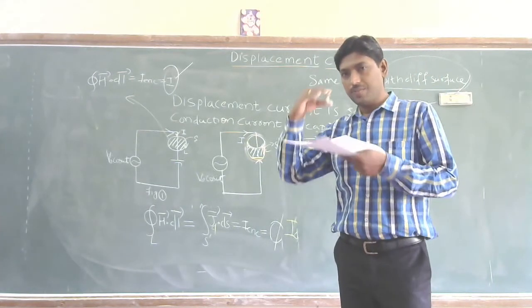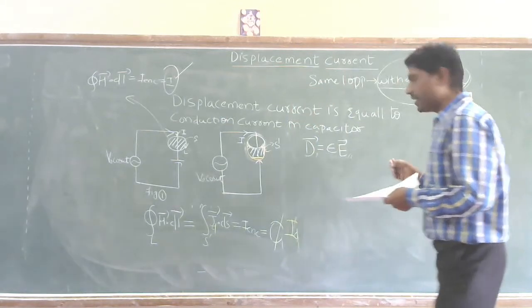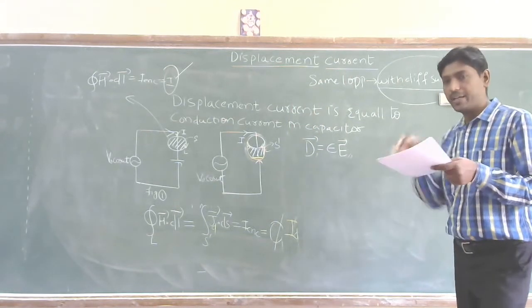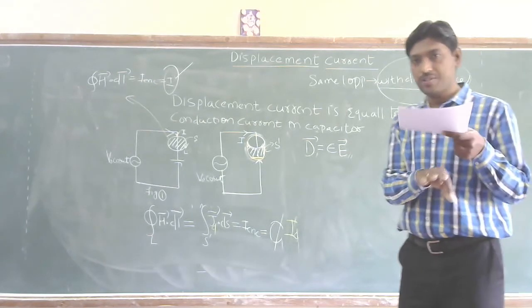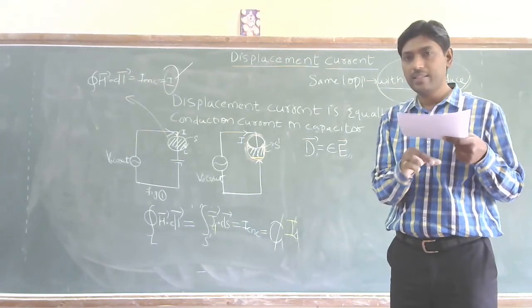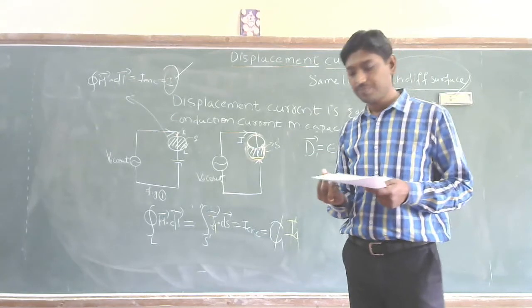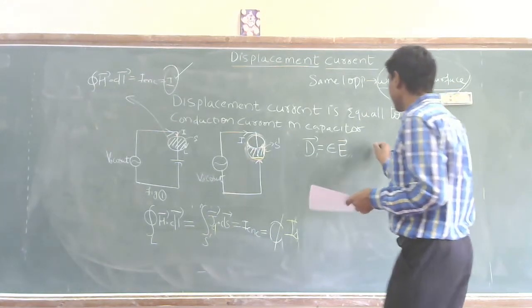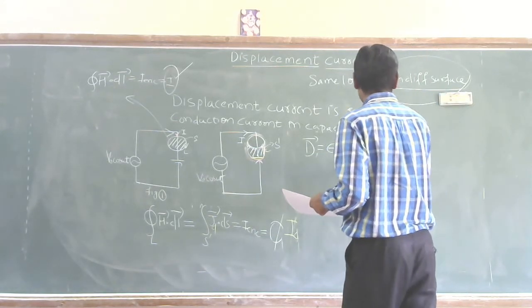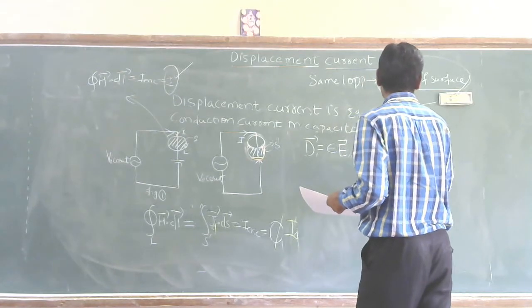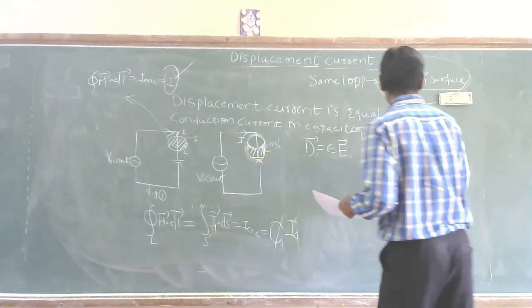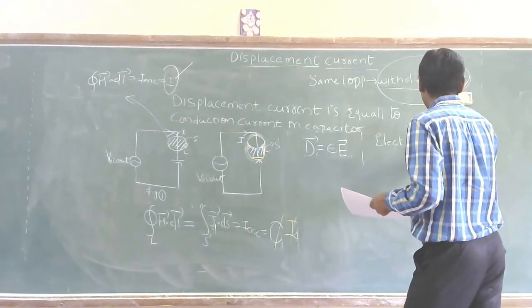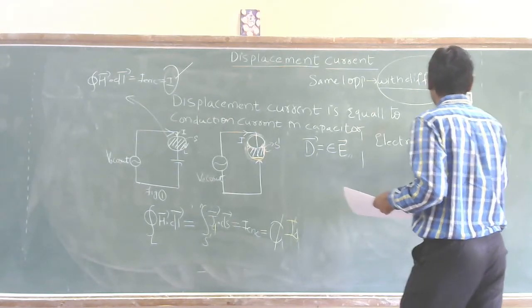This is a fact we have seen: if we have two sheet charges, the electric field between them will be constant. And the electric field between the capacitor plates,